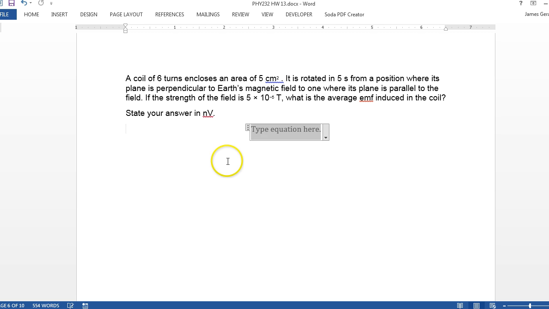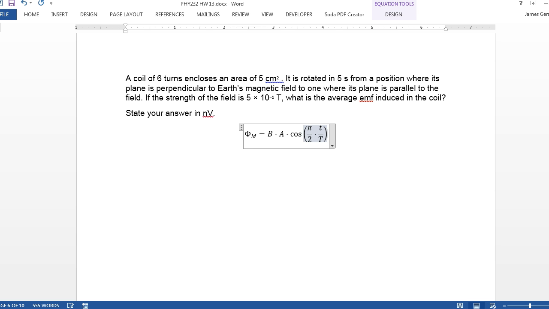And so if we look at the magnetic flux, it's going to be B. The magnetic field stays constant, the area stays constant, but now we've got this term due to the dot product, the cosine. What are we going to have here? Well, it goes from 0 to pi over 2. The angle between the two goes from 0 to pi over 2 in this time period of 5 seconds,